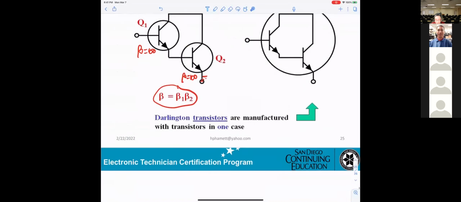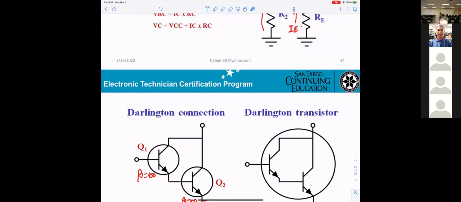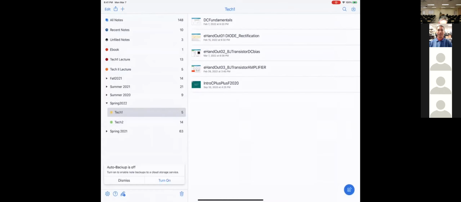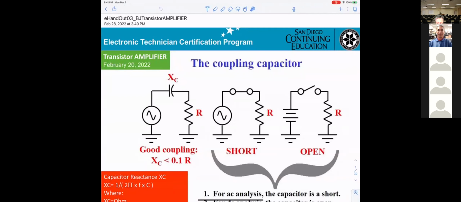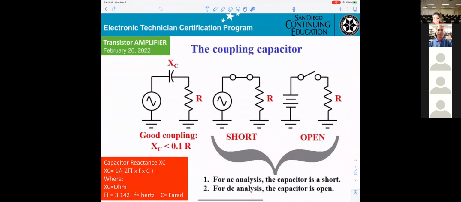Okay, so we're done with that guy. Now we go, let's see, that one, amplifier. Make sure the guy already downloaded. Okay, now we start with the